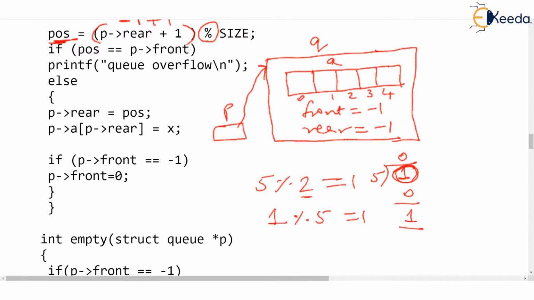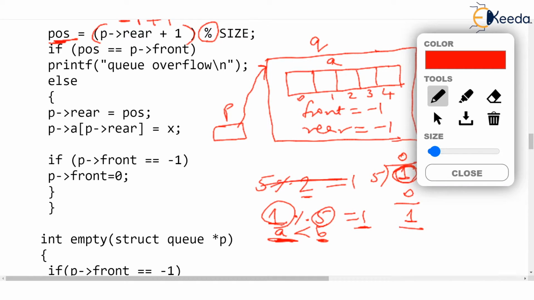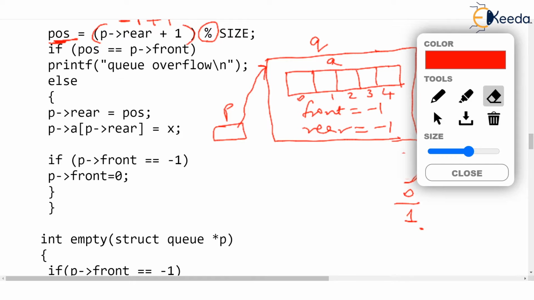So observe something. If you do a % b, where a and b are two values, and if a is less than b, you're doing a % b, 1 is less than phi, isn't it? Then don't think too much. The answer is the left hand side. That is the remainder that you get. If you divide a smaller value with the larger value, then the remainder is always the smaller value.